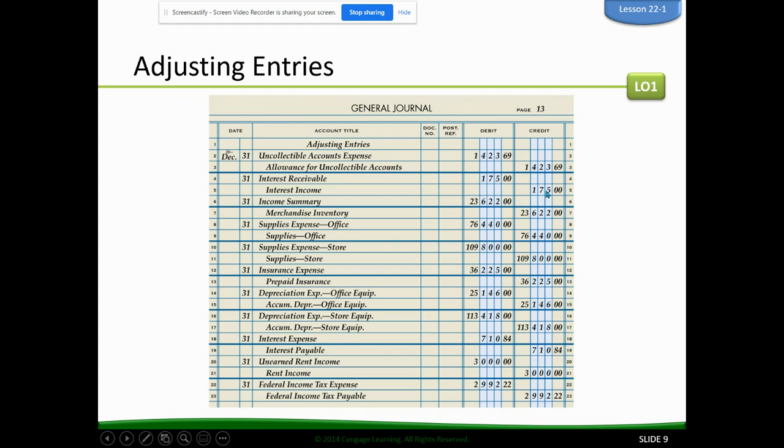So these are the adjusting entries. A lot of these are given. So this is a calculation, this is given, this is a calculation, calculation. The depreciation expenses are given. Okay, those are all given. So is the interest. So is the unearned, and then the federal income tax. So these are the adjusting entries that we're going to be working on in that first